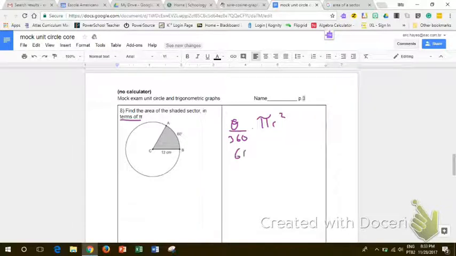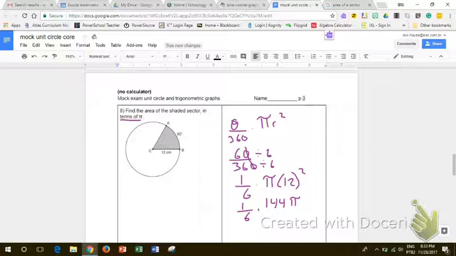Theta is 60. So we have 60 divided by 360. We can simplify that fraction. Well, we know these zeros cancel, because we can divide both numerator and denominator by 10. And then we can also divide by 6. You see that? And that now leaves us with 1/6 times pi. And what's r? Well, r is 12, and we're going to square it. So what is 12 squared? It's 144